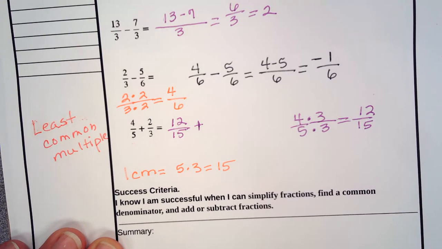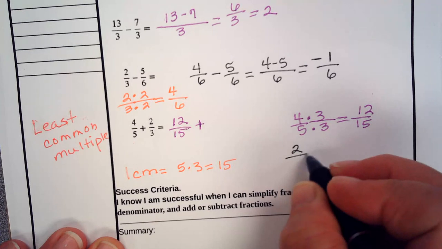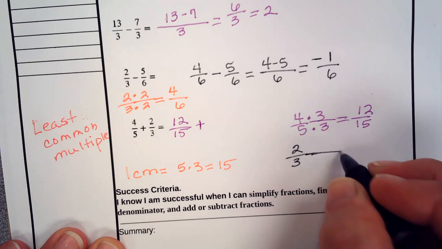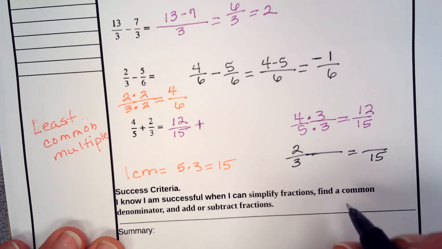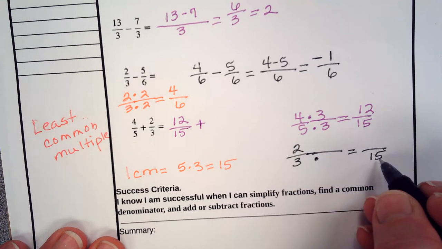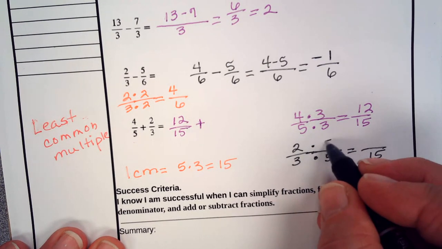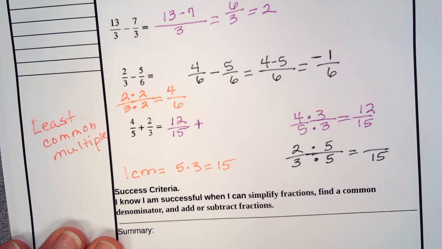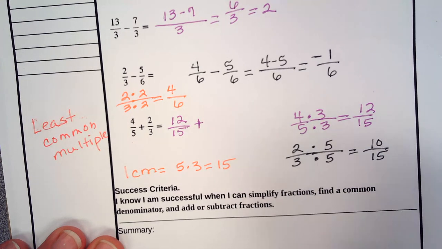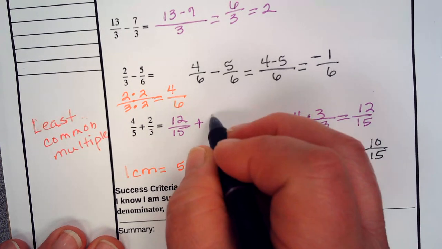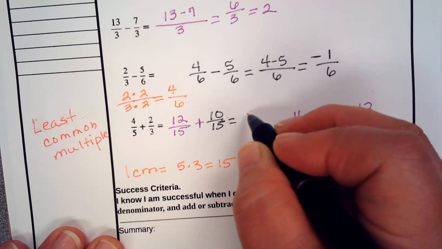plus. Okay, I've got to do the same thing with the 2 over 3. Once again, I have to think. 3 times what gives me 15? Well, 3 times 5. I'm going to multiply the top by 5 also. 5 divided by 5 is 1. That's why it works, and that is 10. Plus 10 over 15 is equal to